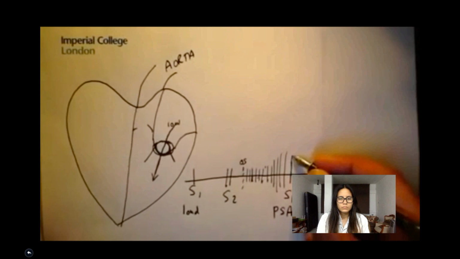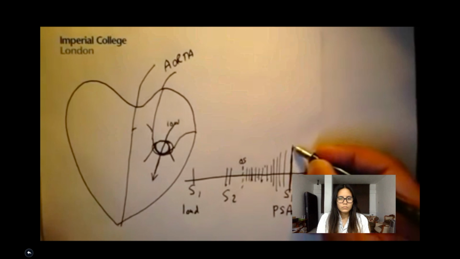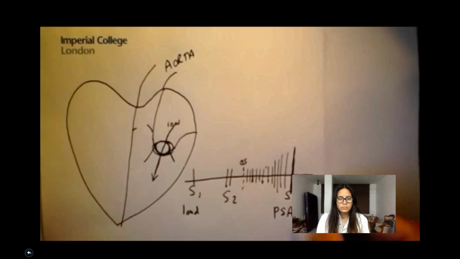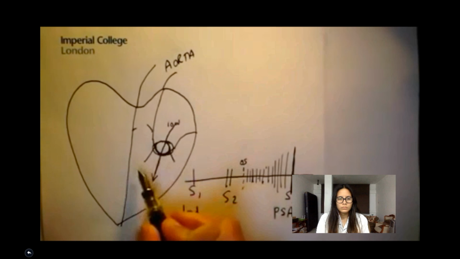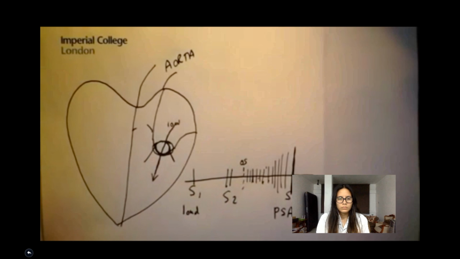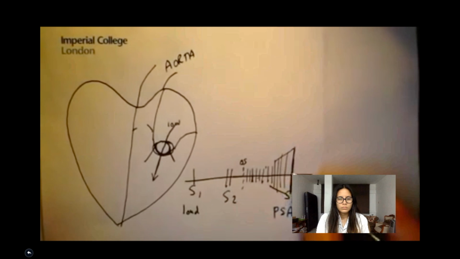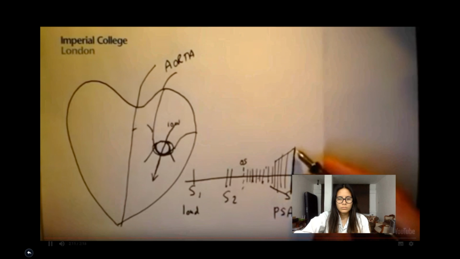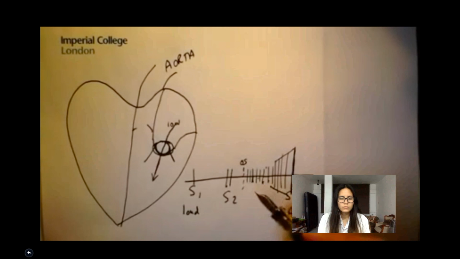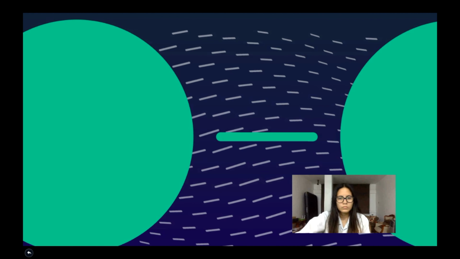The key really is that when you first listen, you hear a very loud S1 because of the long distance the mitral valve has got to go to close, and that should give you a clue to listen very carefully for the very quiet mid-diastolic murmur with pre-systolic accentuation. Of course, the pre-systolic accentuation will not happen if the atrium is not contracting, for example, in atrial fibrillation.